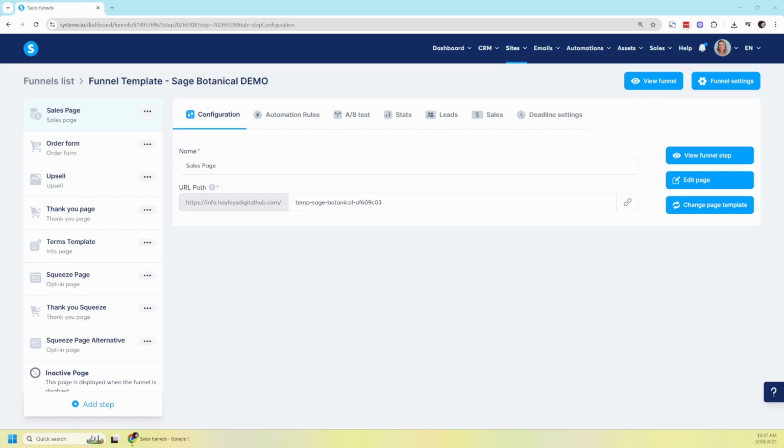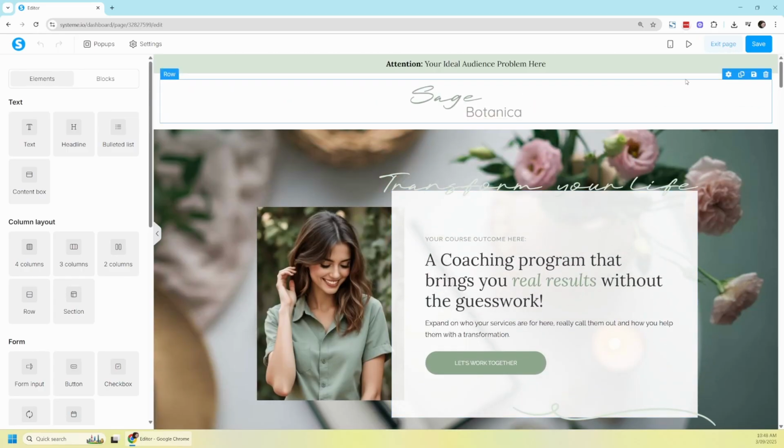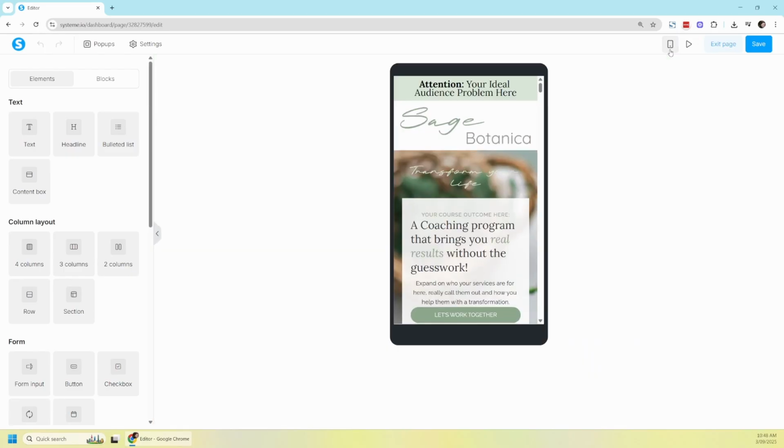In this System.io lesson, I'm going to show you how to edit your funnel to look good on mobile devices. First thing to do is open up your funnel and go into the first page you want to edit. You'll see your funnel normally as is for desktop version, but you'll notice up here on the top, there's a mobile button. If you click on that, it's going to show your funnel as you would see on a mobile